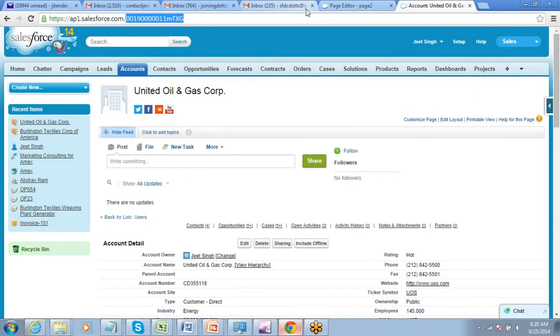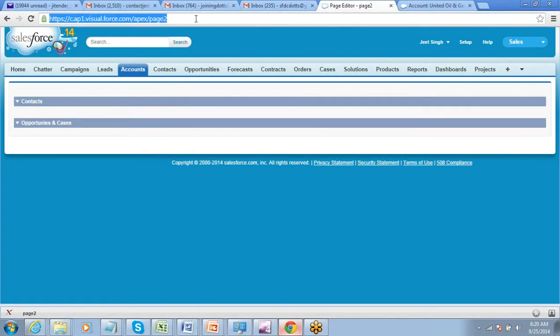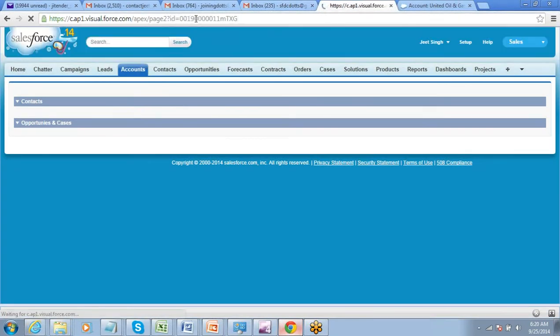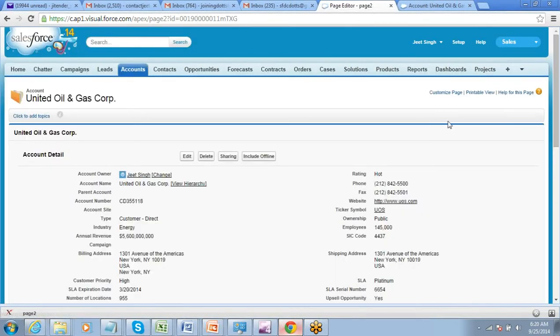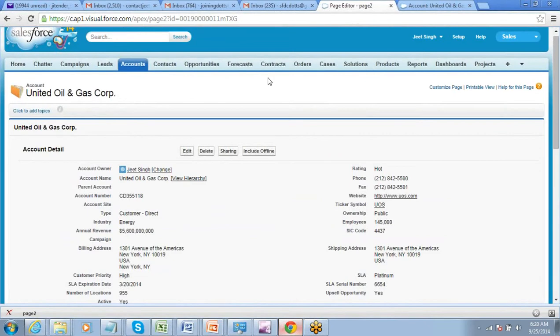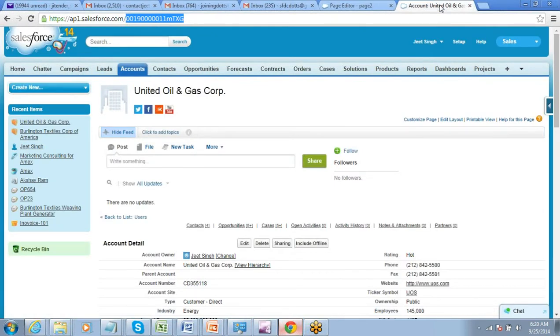Page 2. So let's see how this page 2 opens. How does page 2 look? Okay. So this is how my Visualforce page looks. For a given account, let's say United Oil and Gas, this is how the Visualforce page looks and this is how your standard page looks.